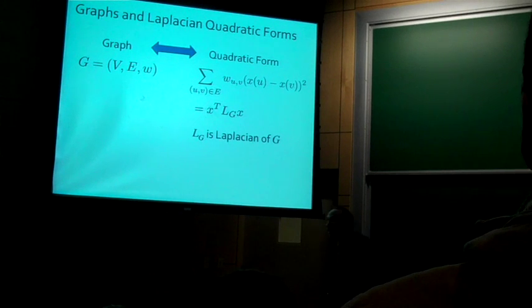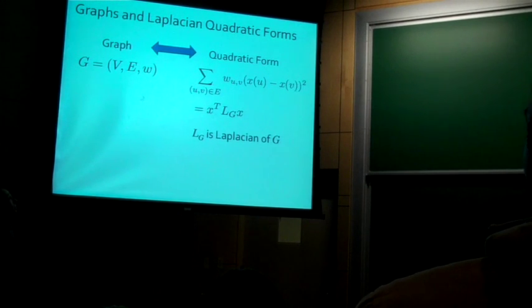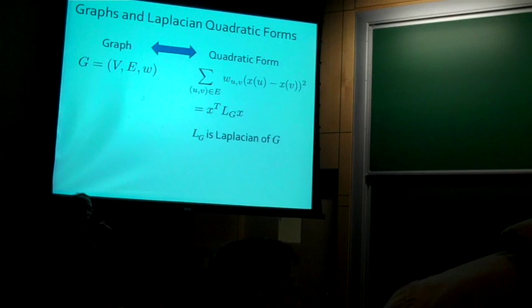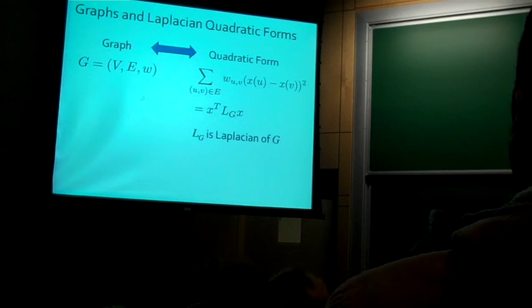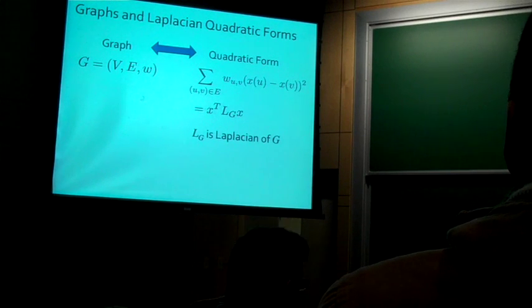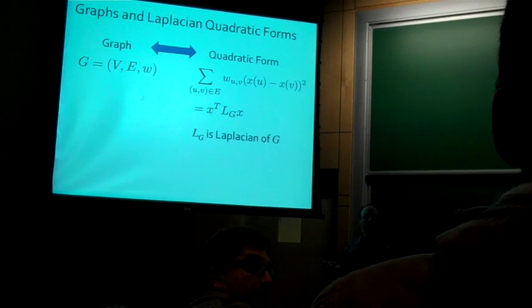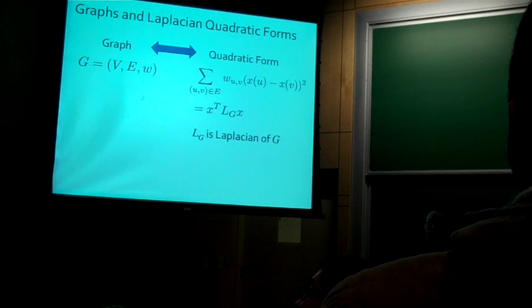So first, I'm going to try to assume that everyone knows what a graph is. But for me, it will always be a triple. I will usually talk about the vertex set V, the edge set E. And I'll often deal with weighted graphs, where the weights are given by a function W that assigns edges non-negative numbers. I'm going to find it very useful, when I want to talk about approximation, to be able to think of graphs as giving me functions, or in this case, a quadratic form.